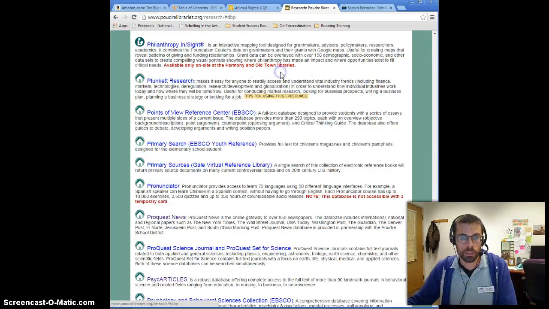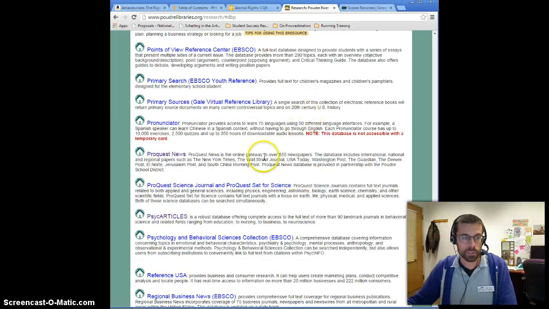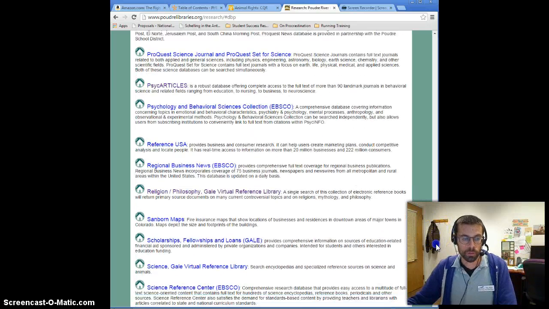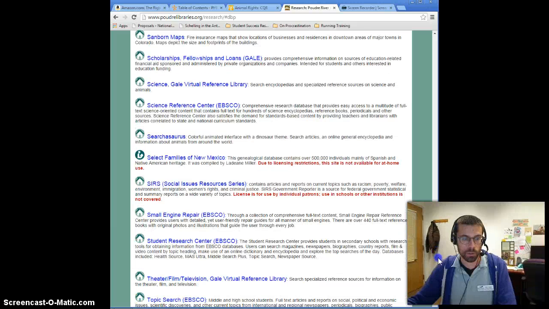ProQuest is another source that is helpful, and it covers primarily newspapers. So if you're looking for current events, issues that have happened, editorials, just factual information, ProQuest News is a good source to use. And one other one that is also helpful is the SIRS database, and that's the Social Issues